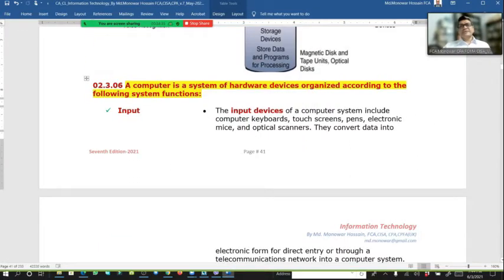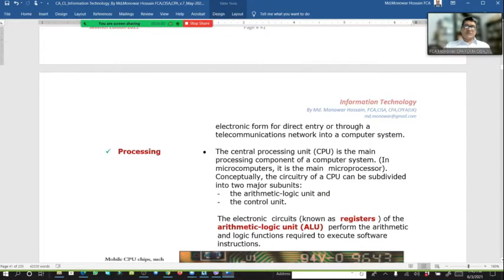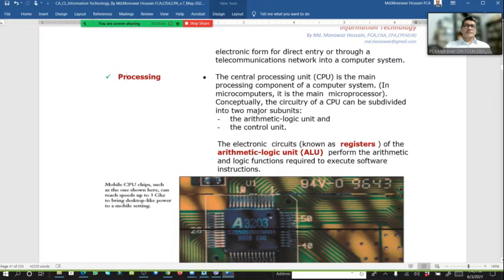A computer is a system of hardware devices organized according to the following system functions. Number 1, input. The input devices of a computer system include computer keyboard, touch screen, pen drive, pens, electronic mics, and optical scanner. They convert data into electronic form, with direct entry tools through a telecommunication network, into a computer system. And within that, with the processing,